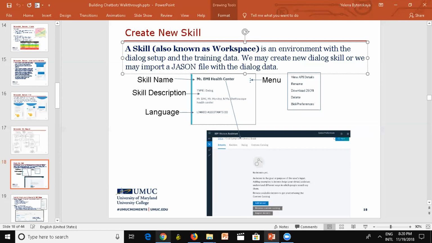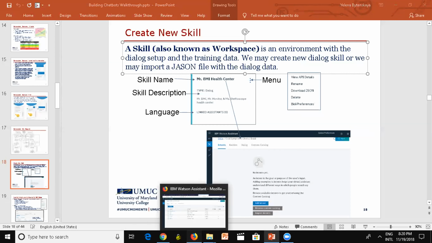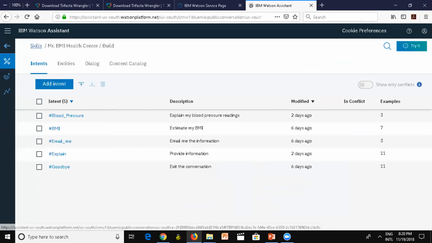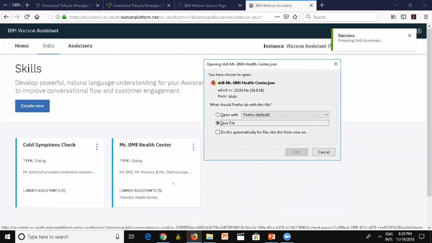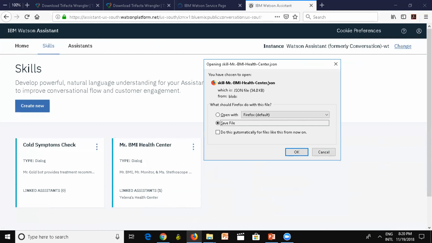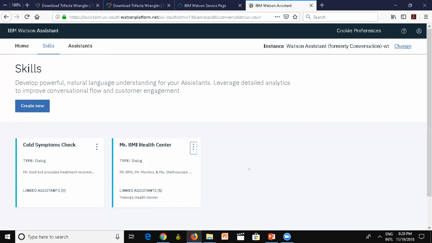Well, I can jump in here and show you. I'm going to be going between slides and between applications. So see this here? I have two skill sets. This is a BMI Health Center. And let me show you what you need to submit for grading. Before I forget, look at this. I click on this triple dot, and you need to click download JSON. This is what you're going to do. And it's going to save a file. I'm not going to save it now, but this is a file that you need to submit for your